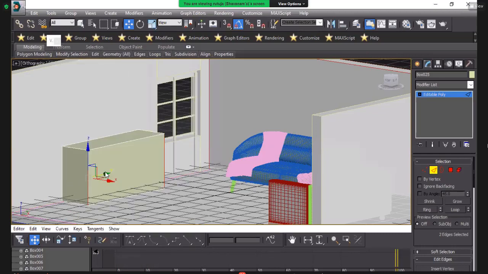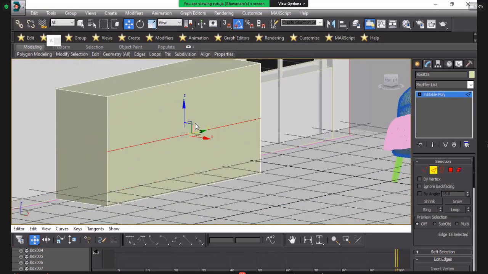Okay, select the option of connect and you will see here one line is there. That means your box will be cut into two parts. Okay, if you want to change these parts, you can move it like that.